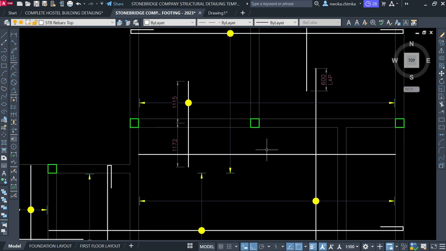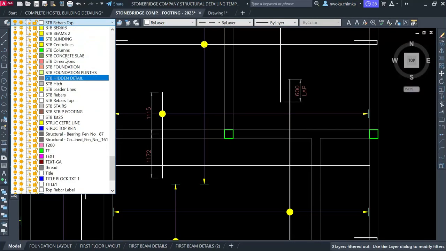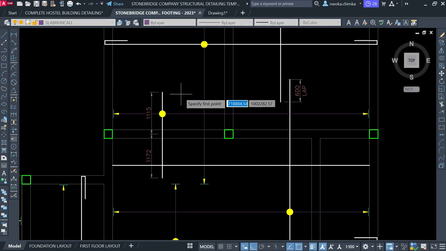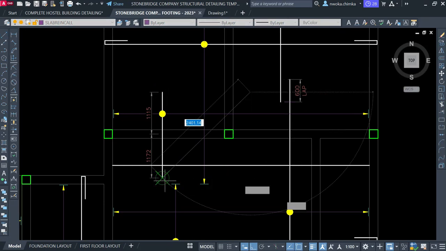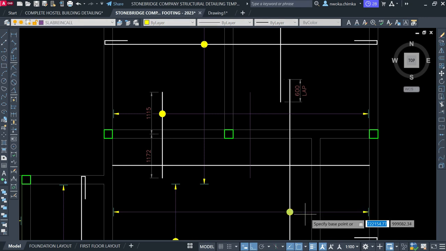So I'll show you, and then come here and go to this place and then choose my slab ring core line from here, which I will now show is running all the way down from this very point here to this very point here where this bar stops. Also, okay. And then I'll now come here, copy this bar, CO, CP, enter, and then copy